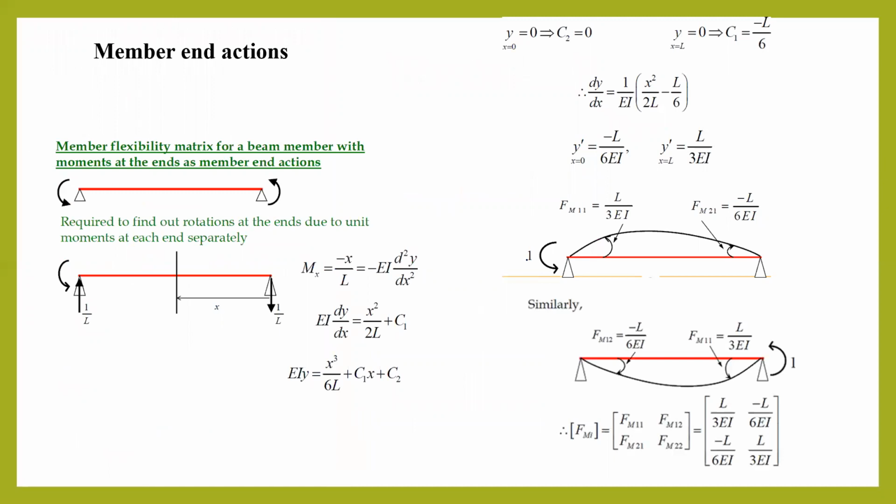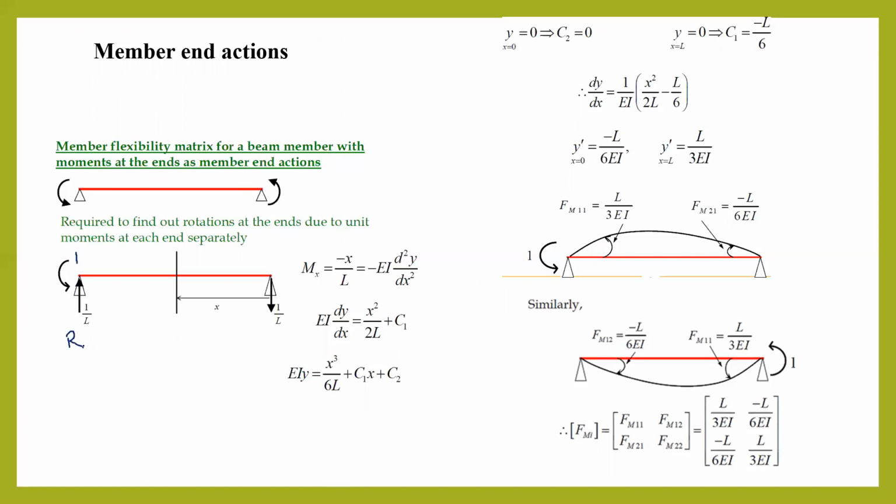Okay. Now to calculate the flexibility matrix, when we choose only moment as redundants, these are the expressions. This is a strength of materials concept. So let us take a simply supported beam, and we have applied a moment at both the ends. So let us assume them to be unit moments. Now see here, there is a unit moment 1 applied.